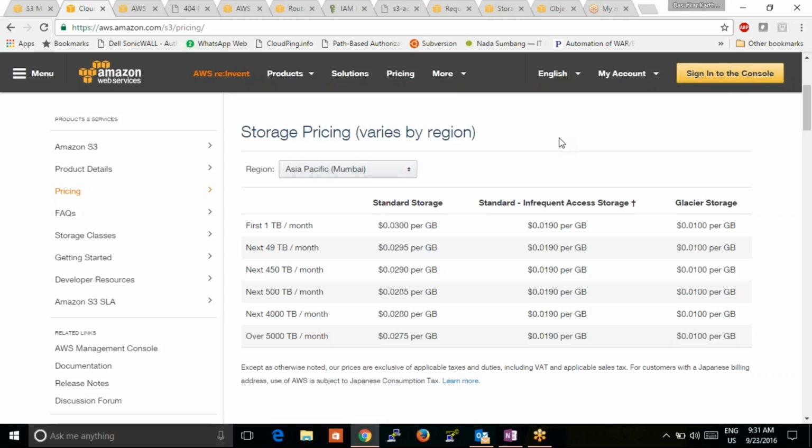Standard infrequent access storage means maybe on the back end he is using a normal hard disk. It is for rare downloads or uploads or viewing of files, not frequent but occasional. In such cases you go with the standard infrequent access storage type, he is saying. Or